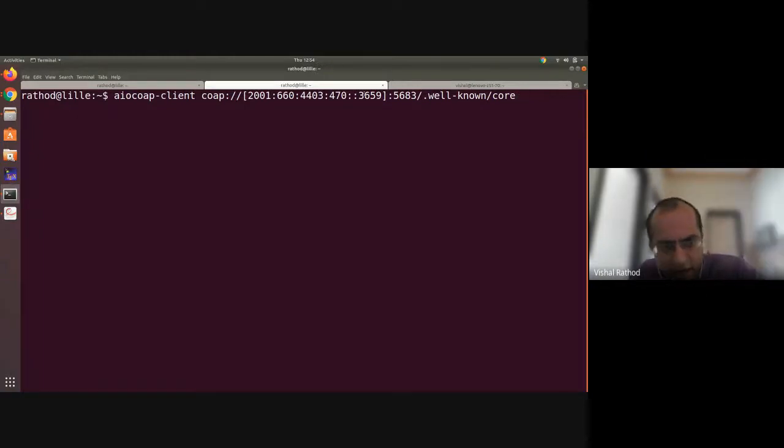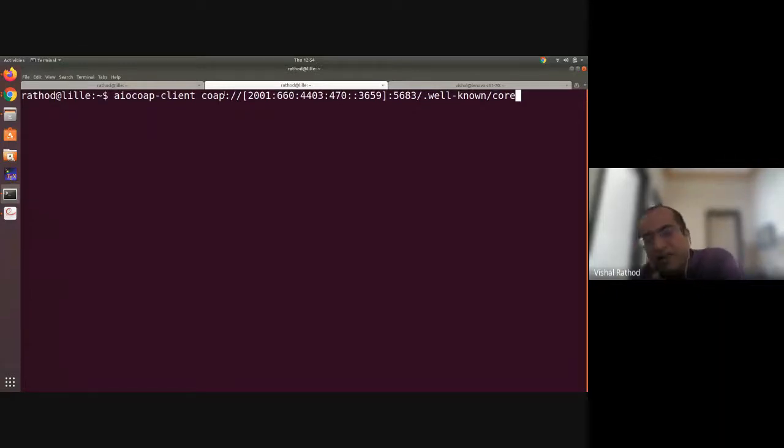This is my client. It will send a request to the server with this particular ID through CoAP. Regarding CoAP, I will give you a one-line introduction: CoAP is a compressed version of HTTP. You can have all the functionality of HTTP, but for resource-constrained devices, HTTP won't work. So we use CoAP.